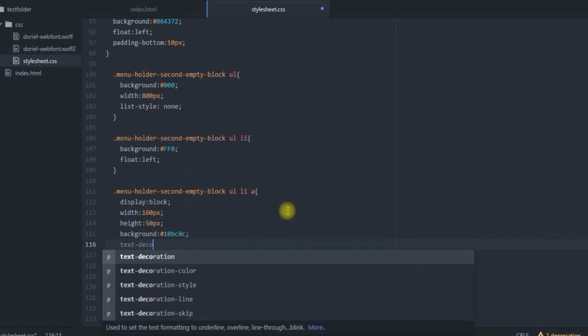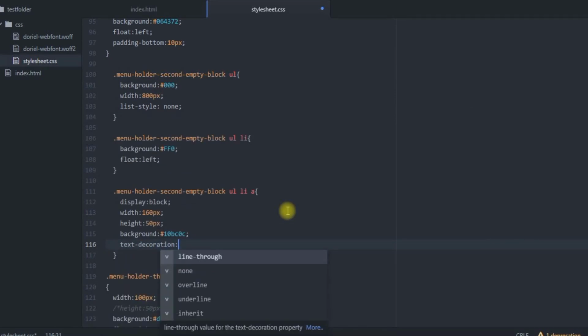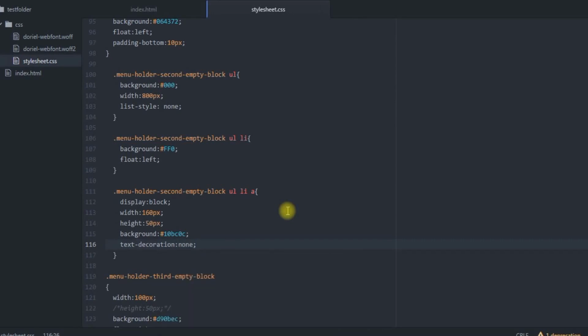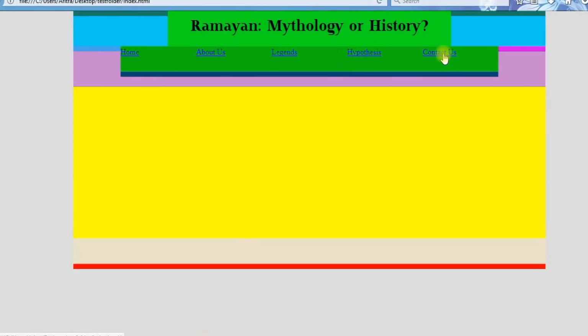If we provide a text decoration over here, we don't need any underline, we don't need any overline or line through, those sort of things. So we are just using that none option over here. If we provide this none option, and if we come back, we see that this is an underline version. So if we now press Ctrl F5, we may see that these underlines are now gone.